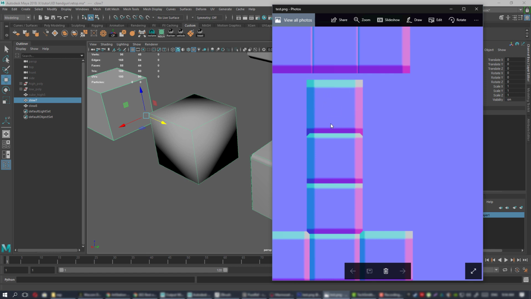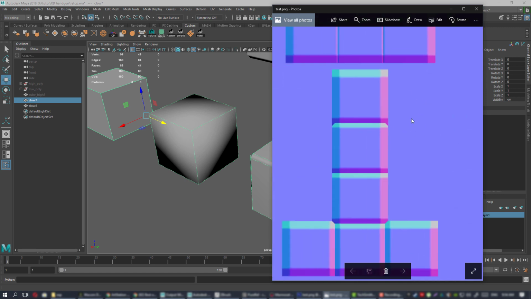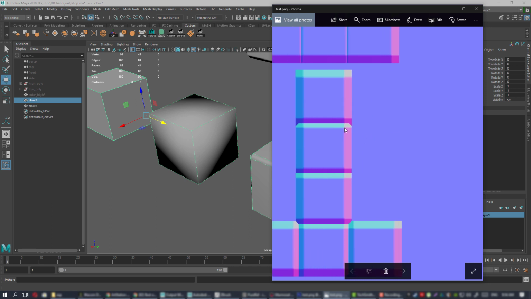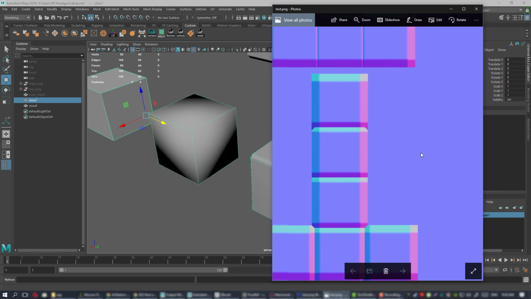It's just flat information, and the only color information we have is on edges. So that's the best result. Why so? Well, because when you are doing your asset for a video game and you drop your normal map into the engine,